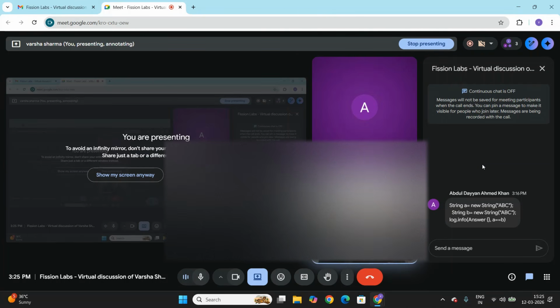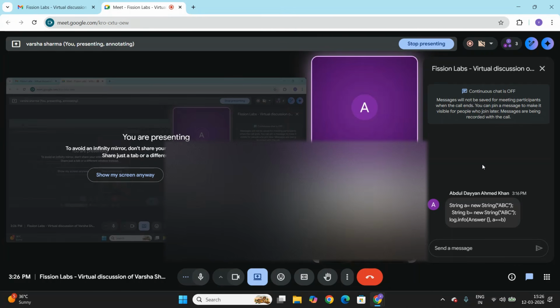So we create a feature branch from the main branch, and depending on the project setup, after implementing changes in the feature branch, we raise a pull request against the base branch.